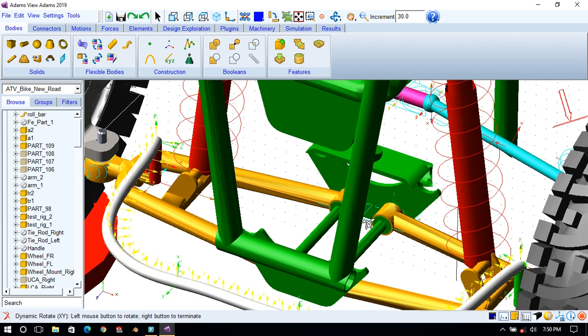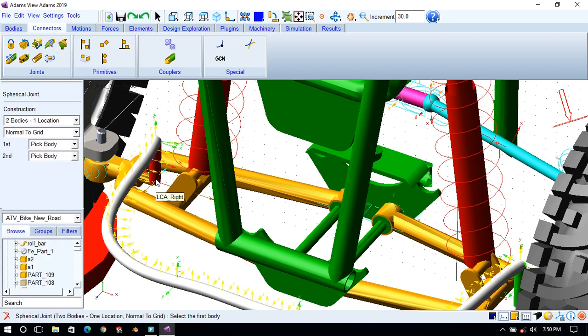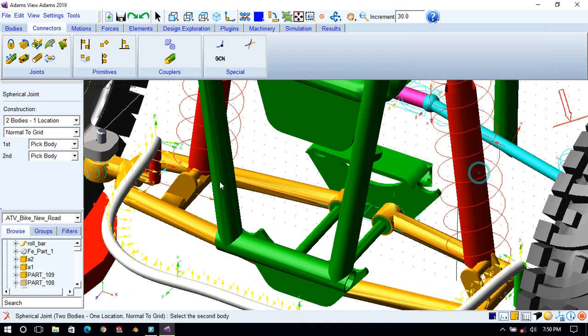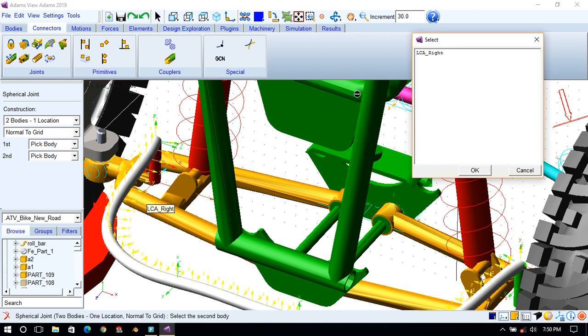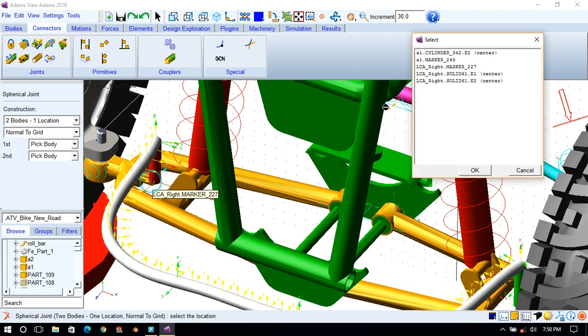Now we have to create joints for this. So first go to the connectors. Then there will be a spherical joint between this arm 1, A1, let's say, and this lower suspension arm, LCA. Position will be at this bottom, A1 marker.